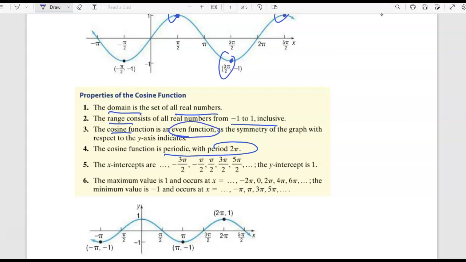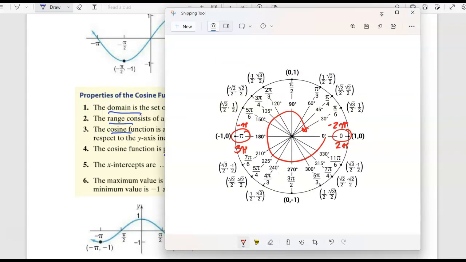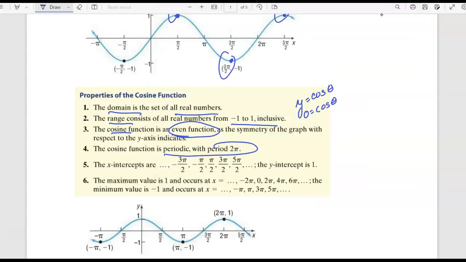And if you think about x-intercepts, that happens when the y value is 0. So we're talking about this function here. If y is 0, we're asking where does that happen? And that's happening, if we look at our unit circle, erase everything we were doing for sine, that's happening here and here. Cosine is, remember, the x value. Cosine is 0 at pi over 2, 3 pi over 2, 5 pi over 2, 7 pi over 2, and so